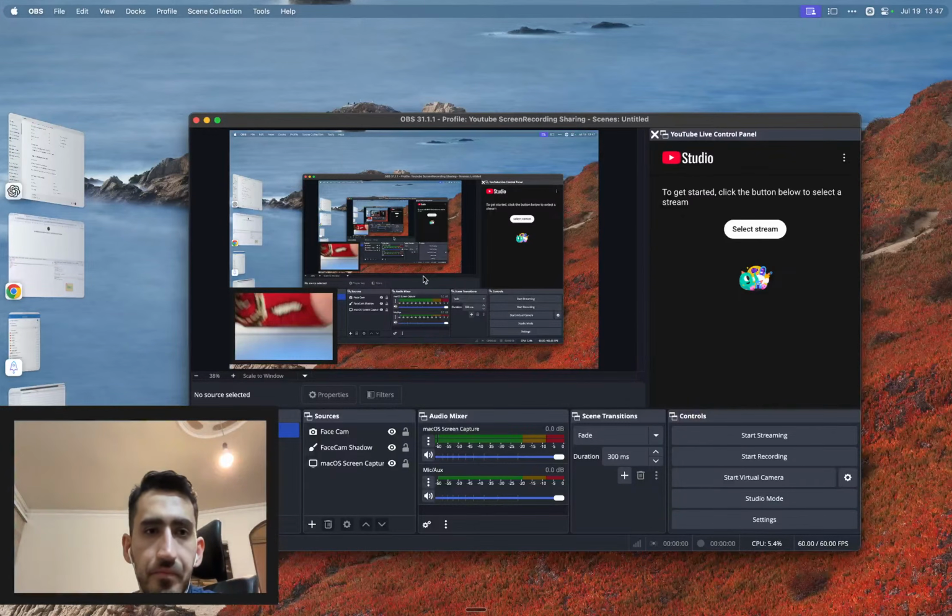Let's use this. I also should use this in the project section, setup UI builder, and let's have a